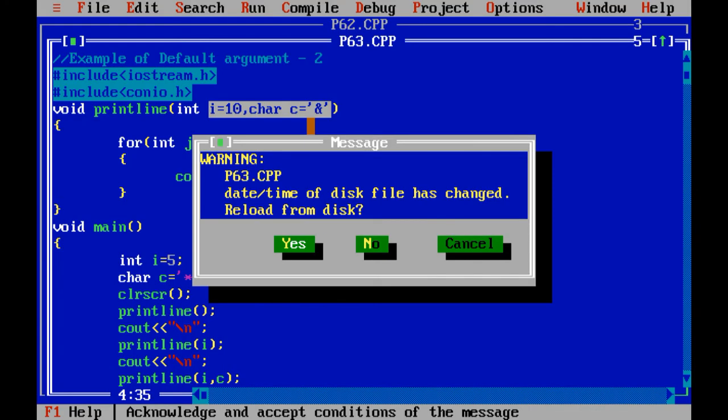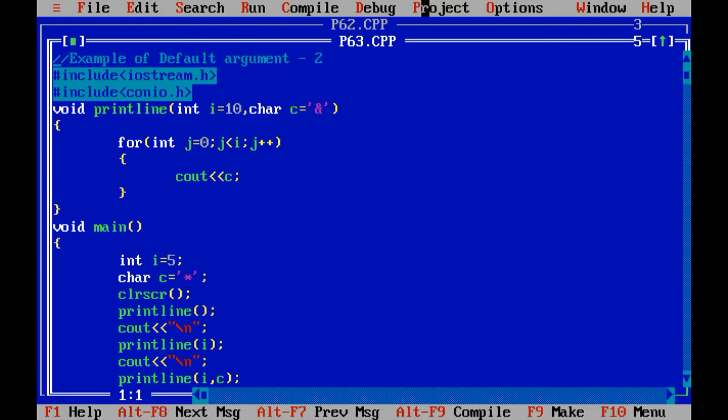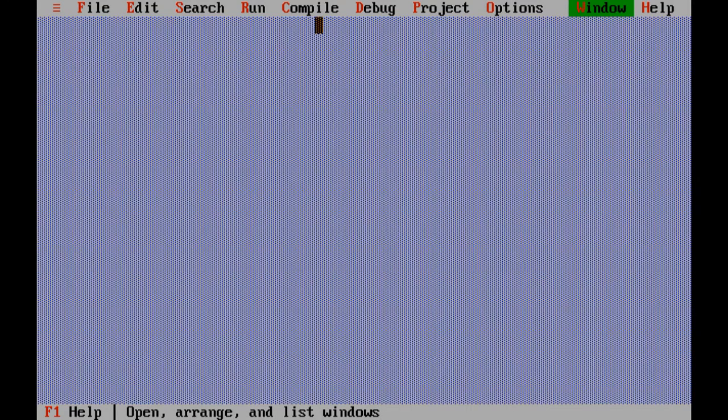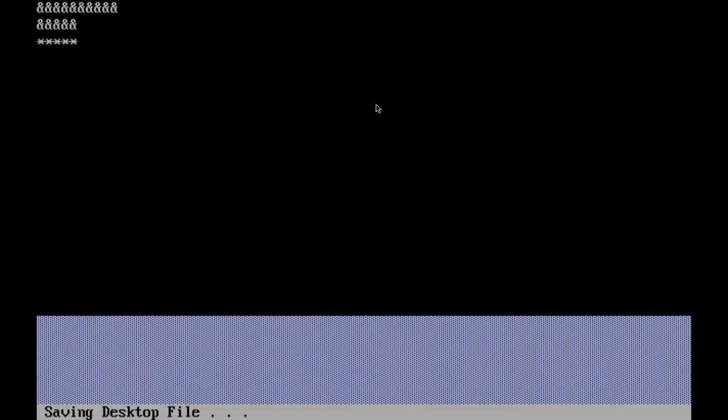And in the third situation we have passed both the values. We have passed I comma C. I contains 5 and character contains asterisk, that's why it prints on the screen 5 times asterisk, right? So I hope you people have considered and cleared two topics of our today's session, that is default argument and